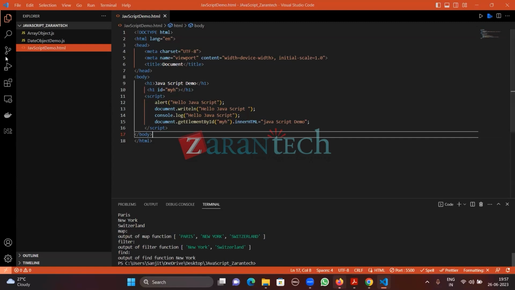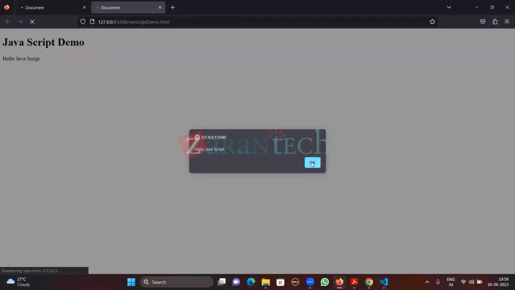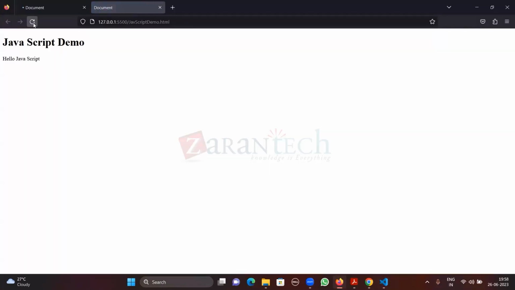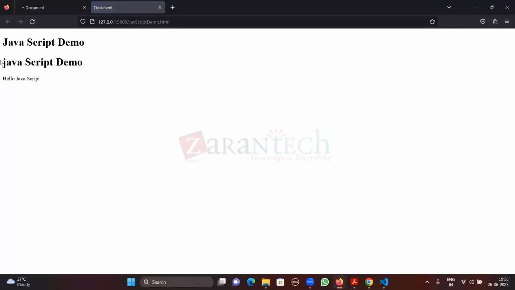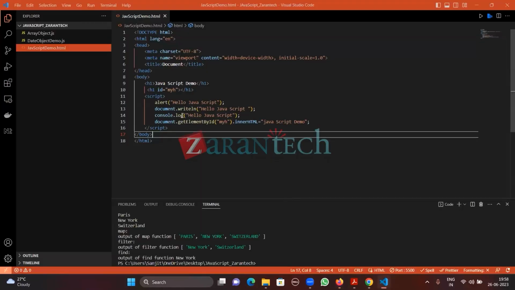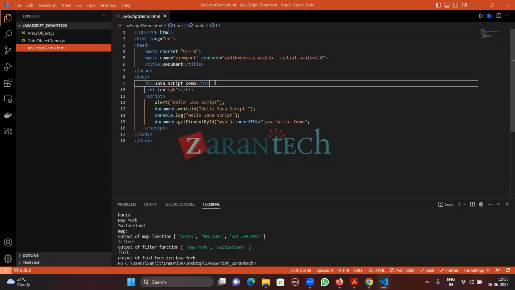So if you see here, nothing is here, right? When I press okay, see this, JavaScript demo. So this JavaScript demo is an H1 by default. And here we changed it. If I have written JavaScript demo here, right, creator